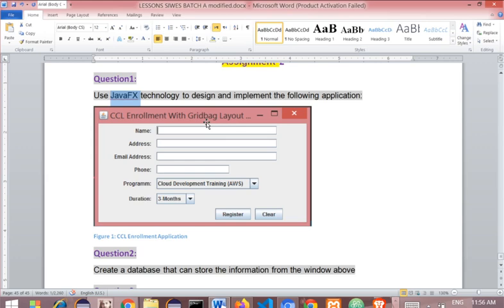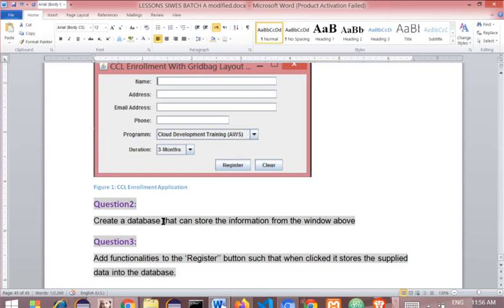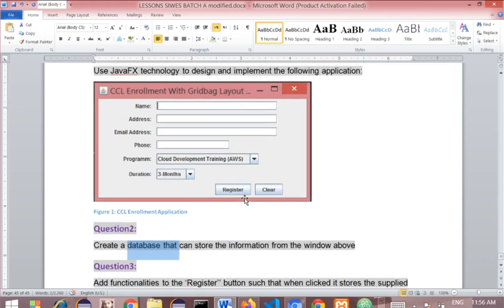What I want to do today is to design the database that will enable information captured here to be stored in the database after they click on register. So next, when we meet, we're going to create the UI and then create the connectivity and insert the tuples onto the database table. So I'm going to create a database